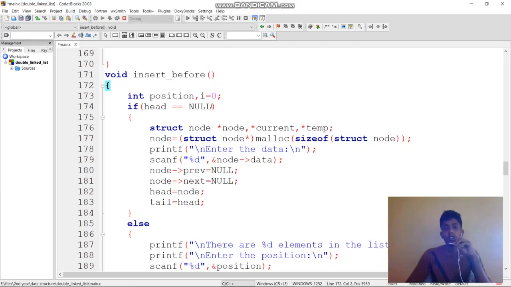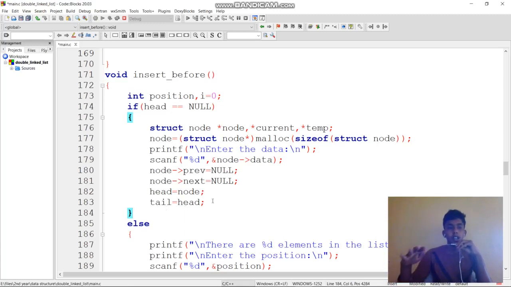If head equal to null, that means there is no data, no element in the list, so you are going to insert a node without performing any shifting. So we are going to create a node, entering data, and at the last see these two lines, head equal to node and tail equal to head.